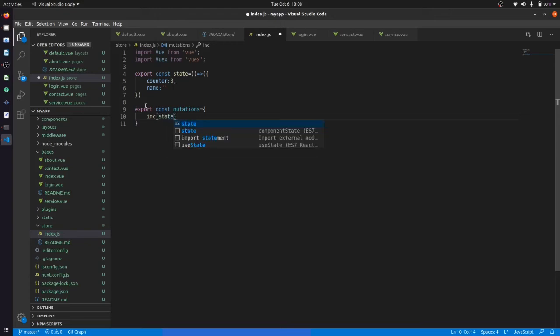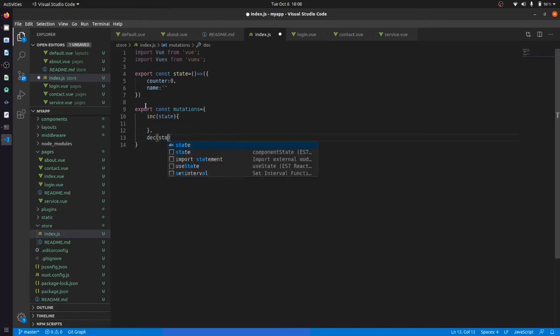So we will just pass a state here, and yes, I'm doing it right. And we will have a decrement function with state. And after that we will have an add name function. It will have state, basically this state will hold this name, and after that I will pass data. The data will carry that data from the text field and bring our data here.